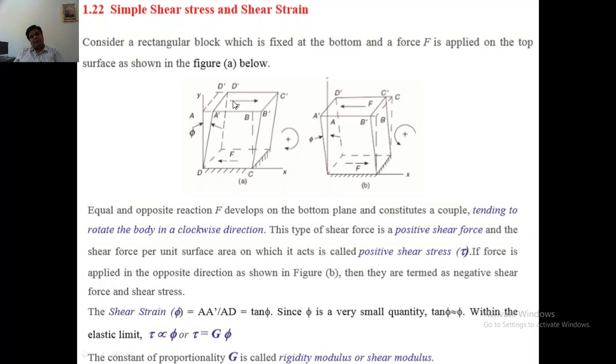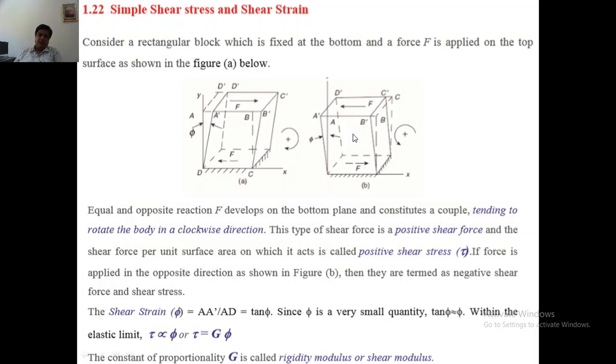So you are applying the shear force on the surface, parallel to the surface, and if you are applying it on the right hand side, this causes rotation of the object, a moment. So this is the positive moment. Shear forces will cause moments or turning moments which cause the rotation of the object. So when the shear force is applied to the right hand side, it causes clockwise rotation of the object, and we take it as positive shear force.